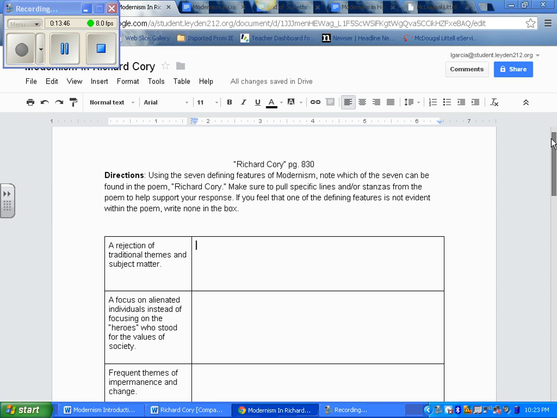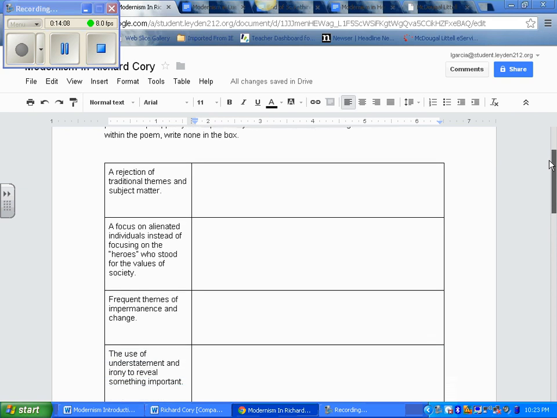So within Richard Cory, I'm telling you already that you will be able to find examples of the 7 defining features of modernism in the poem Richard Cory. Not all 7 may necessarily be in that poem. And I'm going to walk you through it so you can see how I would go about doing this. So the first one, in Richard Cory, do we see this first defining feature, a rejection of traditional themes and subject matter? Well, if we started by saying that the typical theme would have to do with two people meeting and falling in love, or some sort of happy ending, I would say that Richard Cory definitely shows